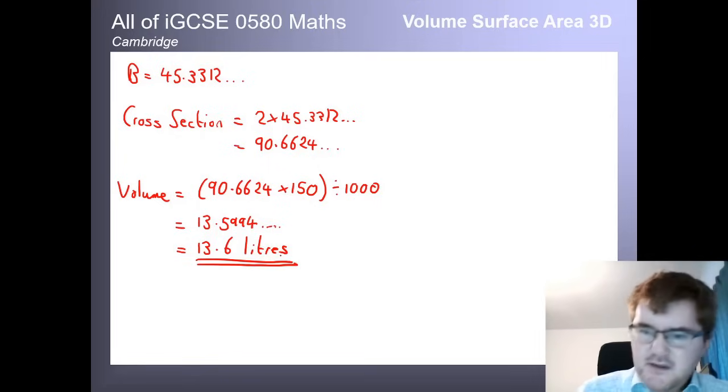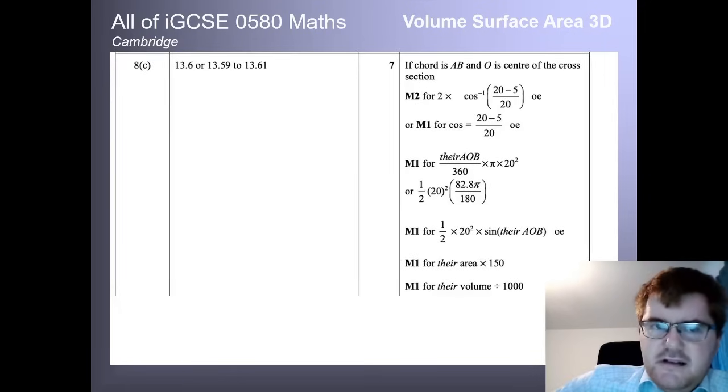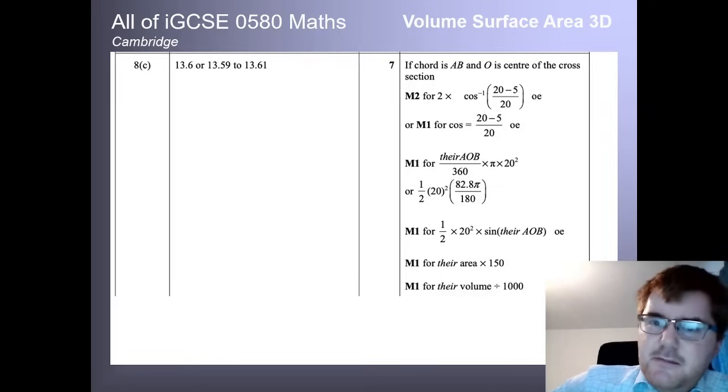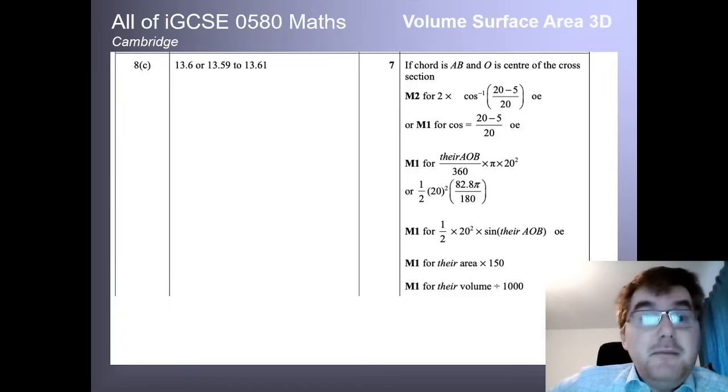So just check the mark scheme as well, so you can see it here. So you can get 13.6. Again, if you round something different, that's not a problem. And you can see where you pick up all these 7 marks as you go along. A nice in-depth question, and one you really need to be able to master to really be happy with the